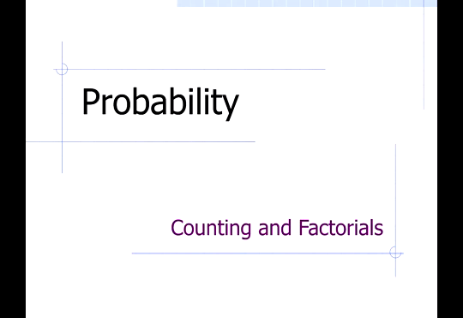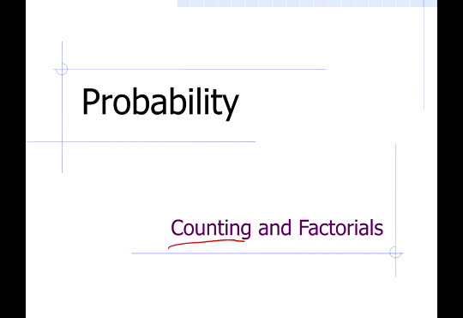Okay, in this video, I want to go back to sort of the essence of probability. And I've said this in all of my videos so far. To calculate a probability, it comes down to counting. And that's the focus of this video. I don't think we're going to talk about probability at all. Not till the next one, but in this video, our focus is